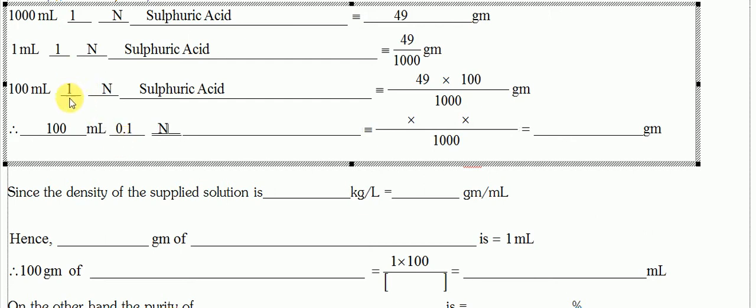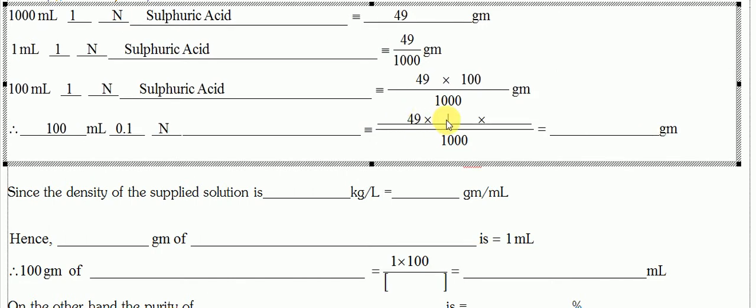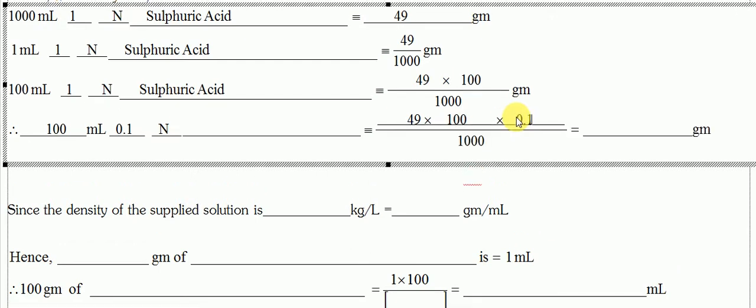That means if it is 0.1 normal, you have to multiply the whole thing 49 × 100 divided by 1000 with 0.1 normal. If it were just one normal, then we would not have to write this line. This line would have been enough for the calculation of 100 ml 1 normal sulfuric acid. But since we have to calculate 100 ml 0.1 normal sulfuric acid, we have to multiply the whole of this thing